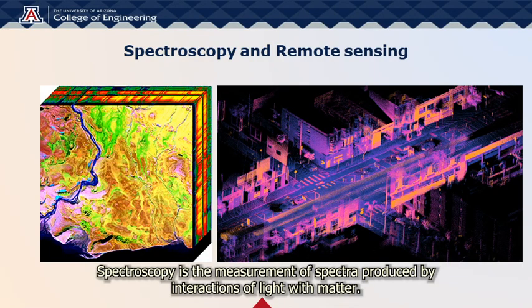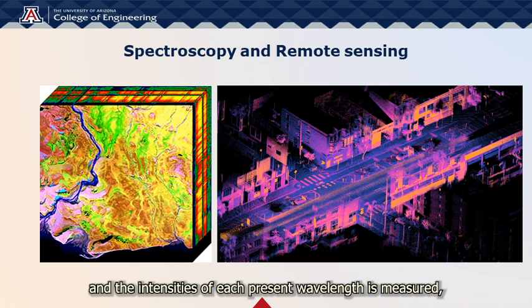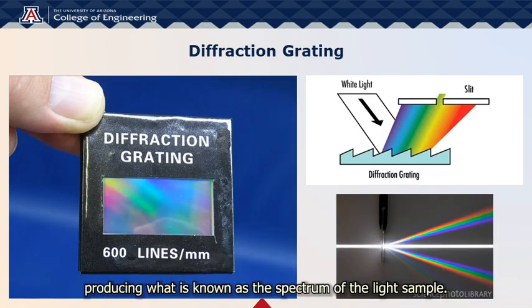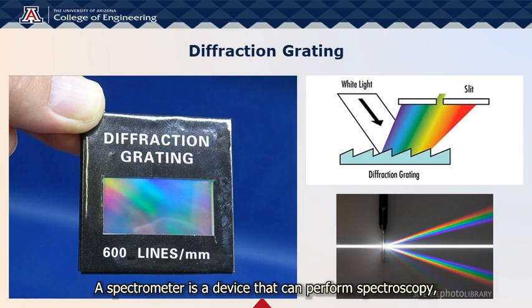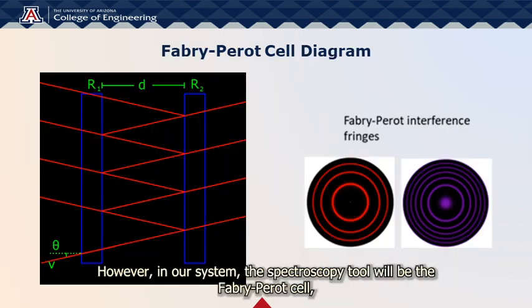Spectroscopy is the measurement of spectra produced by interactions of light with matter. A sample of light is broken into all of its constituent wavelengths, or colors, and the intensity of each present wavelength is measured, producing what is known as the spectrum of the light sample. A spectrometer is a device that can perform spectroscopy and typically uses a diffraction grating in order to achieve spectral decomposition. However, in our system, the spectroscopy tool will be the Fabry Perot cell, which is a novel use of